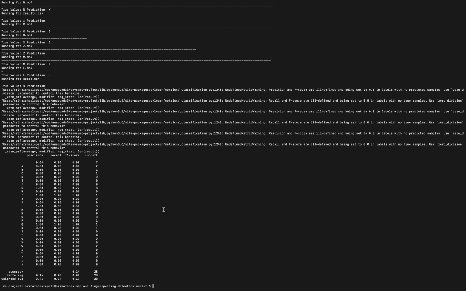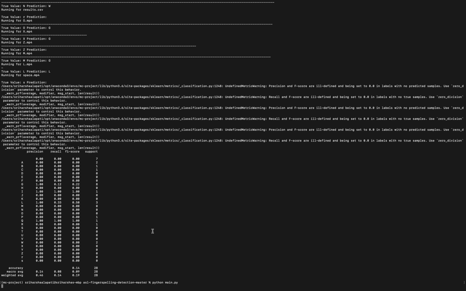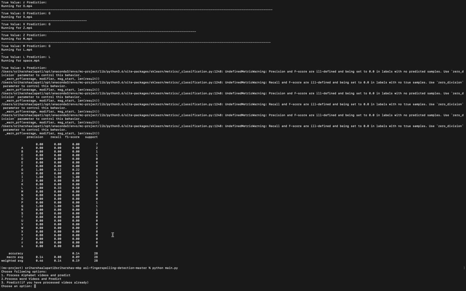We have also extracted the word frames, and we are yet to do the PoseNet part. We are yet to finish the prediction part of it, because the accuracy isn't that good. We are trying to work out how to segregate the words, like if it is D A D, how it will detect D and then A and D. The accuracy is getting disturbed there. So we have processed the words, so the words get extracted. That is for the words.